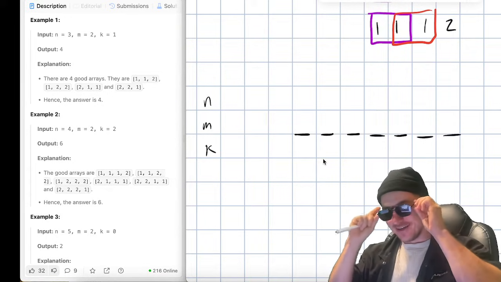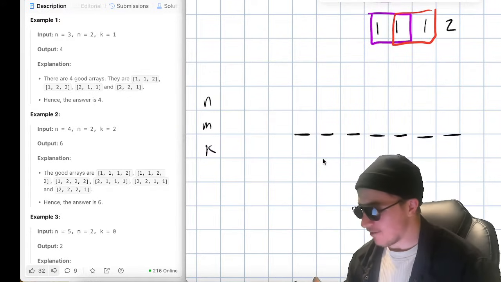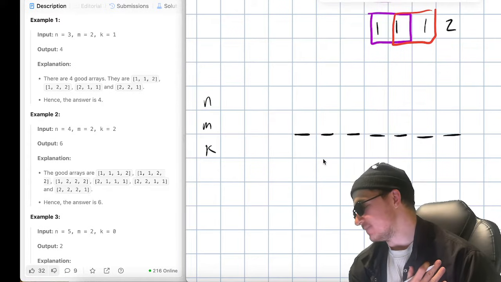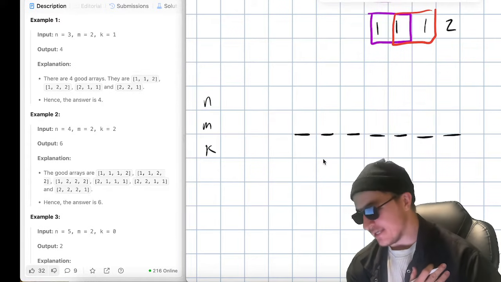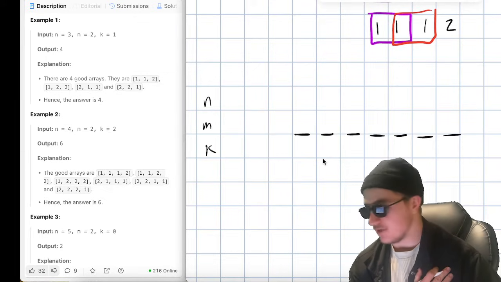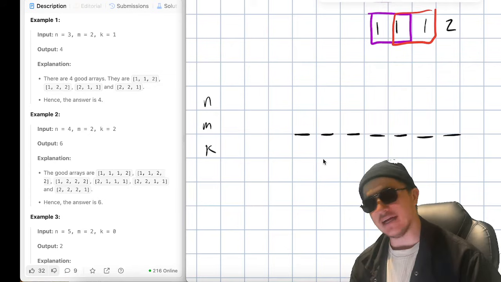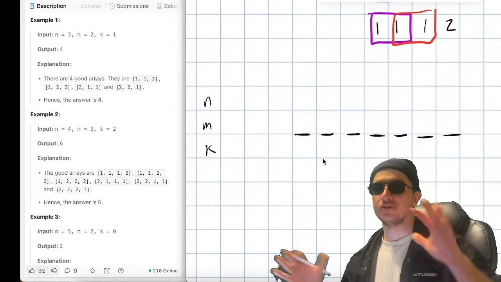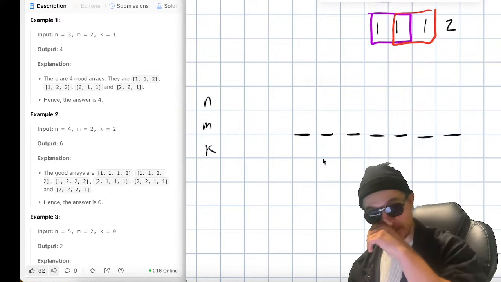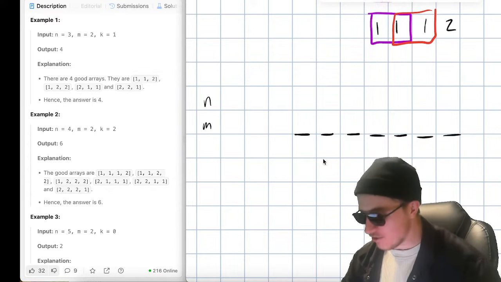Okay, so how can you play around with this to try to get a formula? Well, the simplest thing here would be if there was no k constraint, right? That's kind of like how I like to solve these problems: start from something simpler and try to add in constraints and see what that does to your problem, okay? Because that would be the simplest thing, right? If there was no k constraint here,